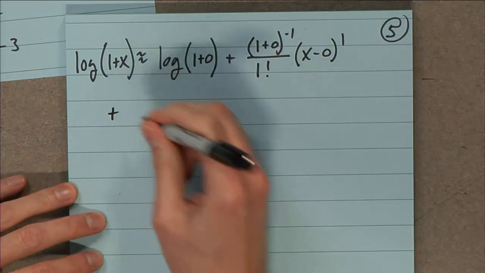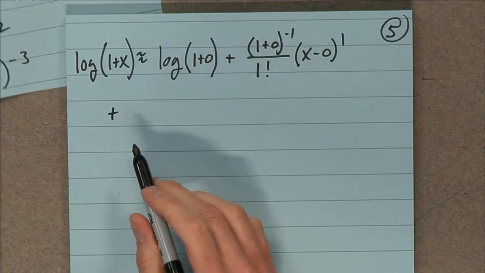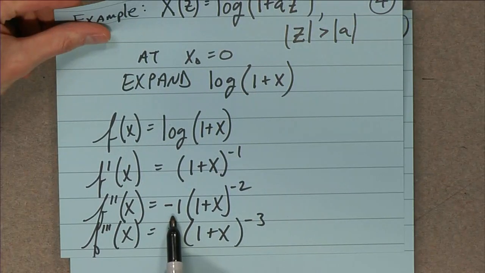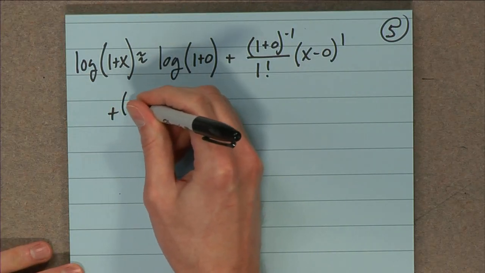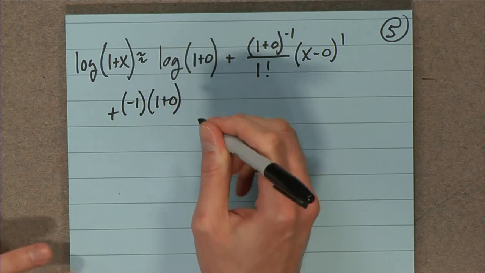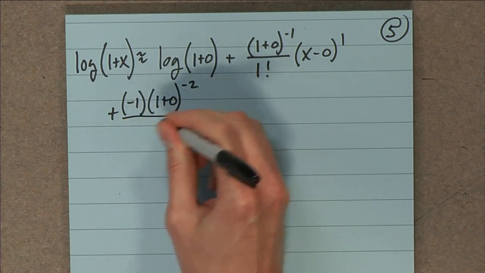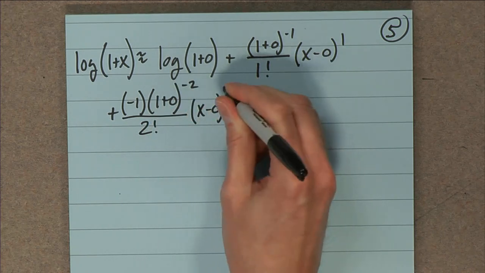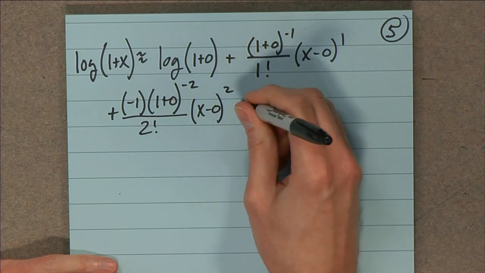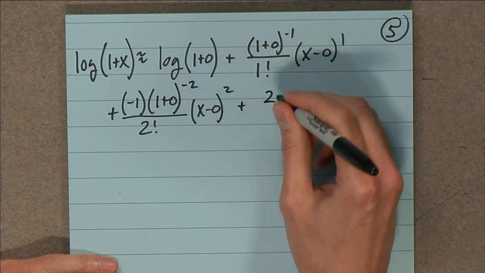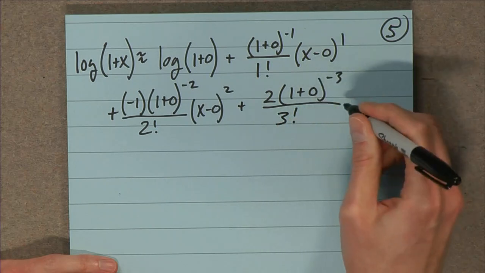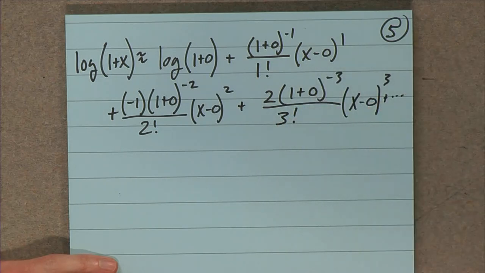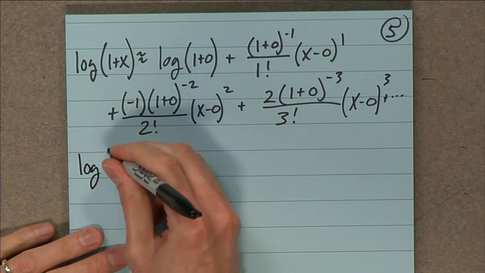And we can keep on adding these extra terms. So for our second derivative, go back to our cheat sheet and see, oh, that's minus 1 times 1 plus x. Well, x is 0, so we can put that in there: minus 1, 1 plus 0, and that's to the minus 2 power, all over 2 factorial, x minus 0 squared. And we can also do our third one, which is the next derivative: 2 times 1 plus 0 to the minus 3, all over 3 factorial, x minus 0 cubed, plus dot dot dot, and so on. We've got kind of a messy expression, so let's consolidate this and simplify things